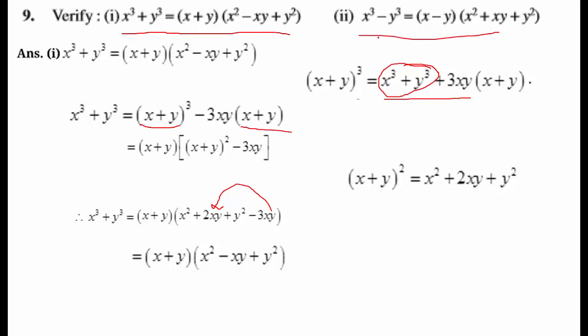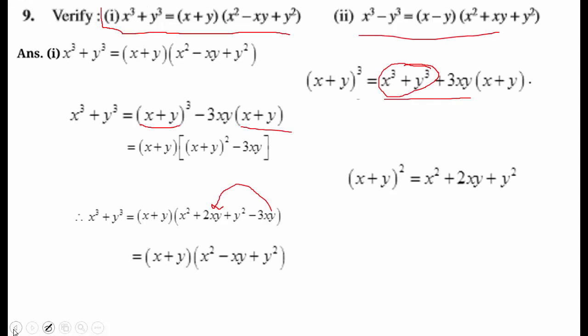Similarly, this is also proved, but here we will use the identity (x - y)³. The minor difference is that we will put the minus symbol. Now these two are other algebraic identities which are used to solve numericals. Factorize each of the following: 27y³ + 125z³. Here we will use the identity we have discussed in this question, that is x³ + y³ = (x + y)(x² - xy + y²).